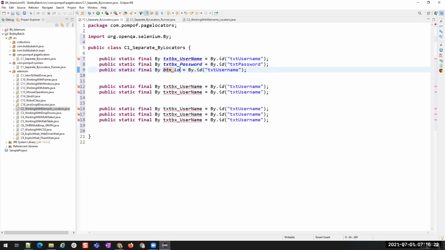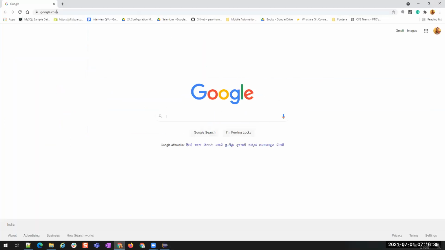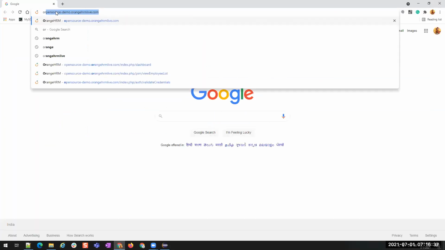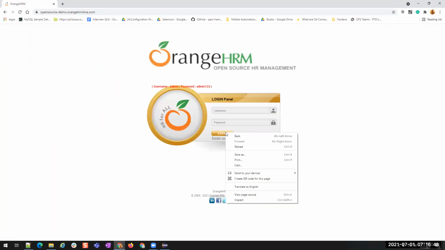So button underscore login, and what was the ID? btn login, right? Am I doing it correct? txt password, and this is using class name, but we also have button. Right?